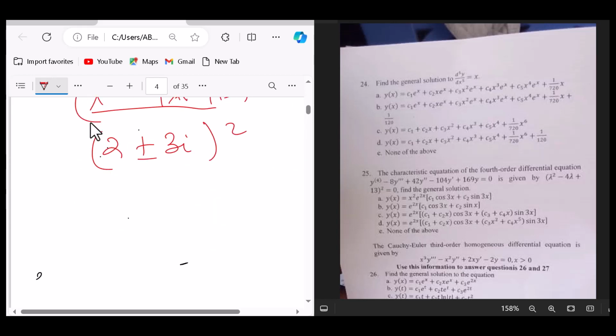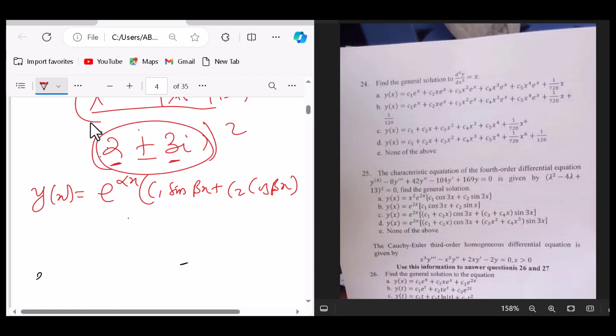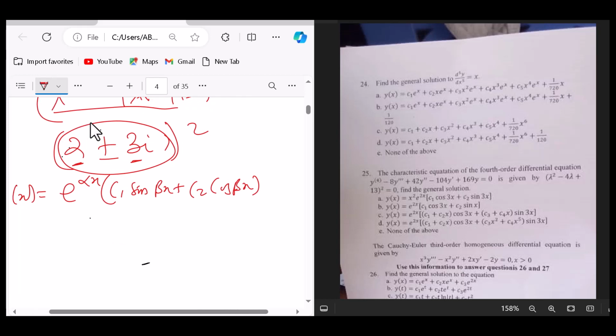You know that the equation is always written like y of x equals e power alpha x into brackets c1 sine beta x plus c2 cos beta x, where alpha is this 2 and beta is this 3. But this one has a multiplicity of 2. So because of that, it simply means that we write this as e power, our alpha is 2,